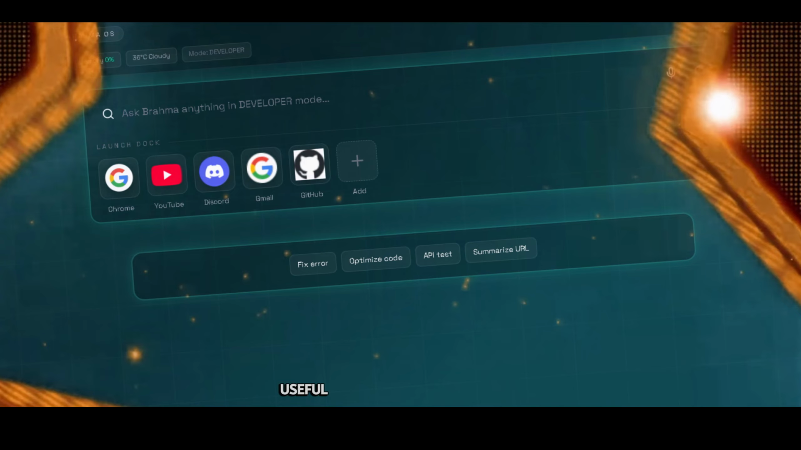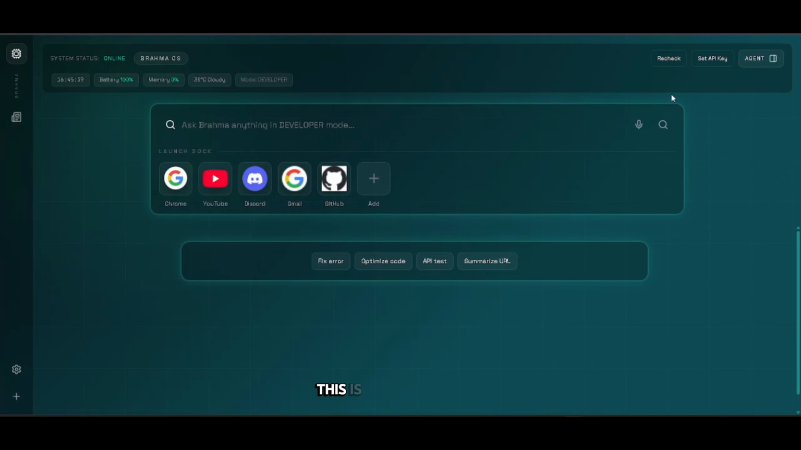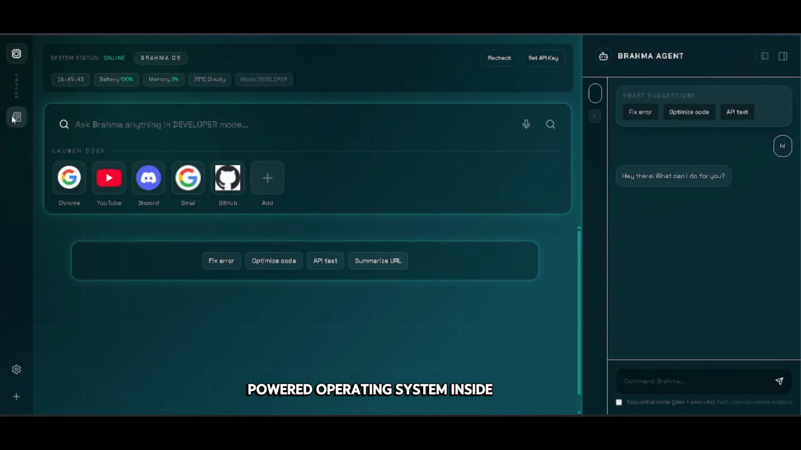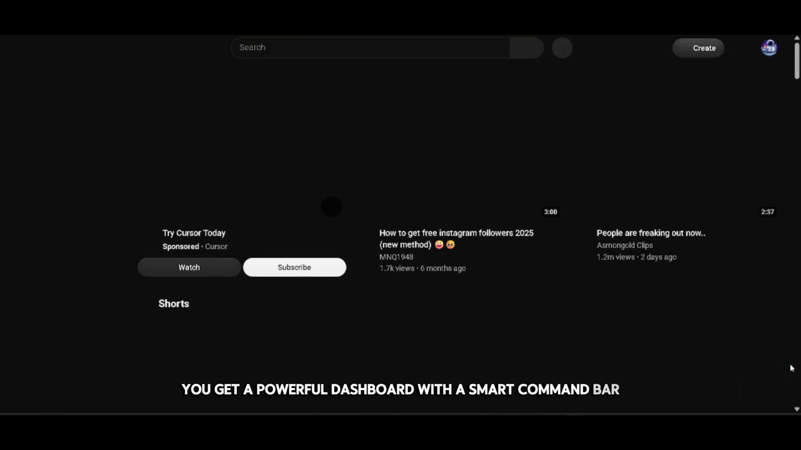Your Chrome probably looks boring, but what if you could turn it into something futuristic, useful, and actually productive? This is Brahma OS, an AI-powered operating system inside Chrome that turns your new tab into a complete smart workspace. Instead of a useless blank tab, you get a powerful dashboard with a smart command bar and quick launch dock